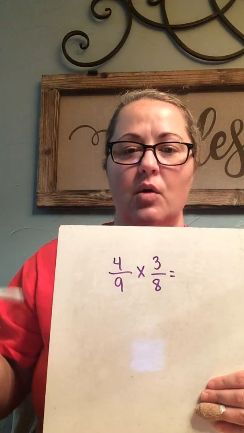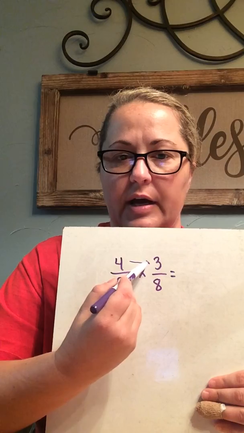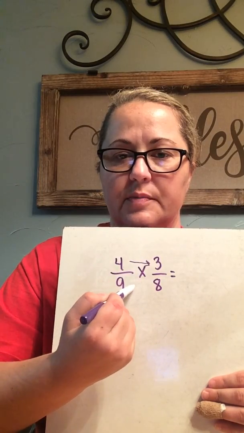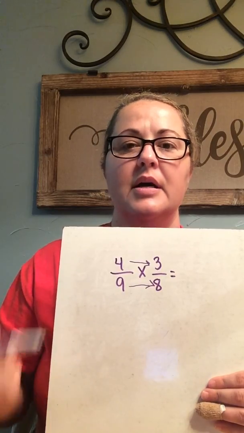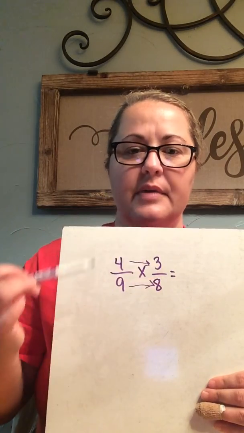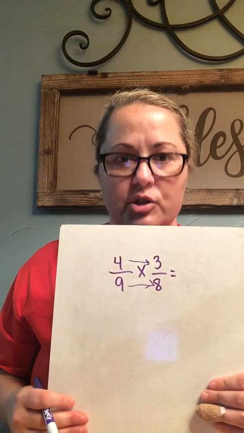Okay? So when we work these, if you work it just the traditional way, you're going to multiply and you're going to go straight across. All right? So you're going to have 4 times 3, and then you're going to have 9 times 8. All right? 4 times 3 is 12, and 9 times 8 is 72. So when we write that down,